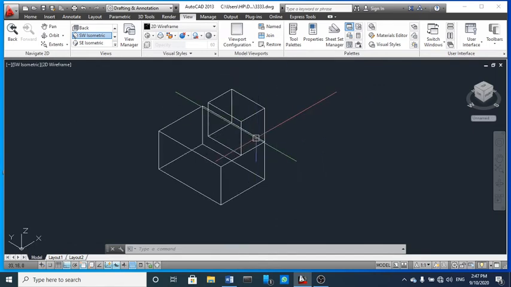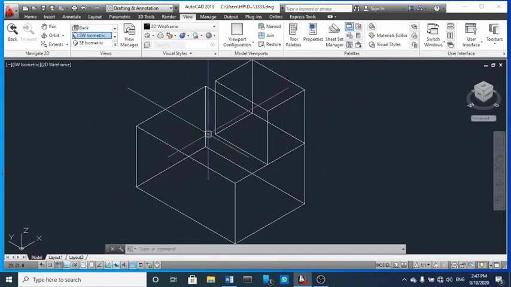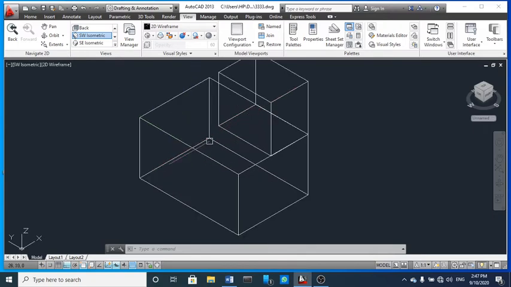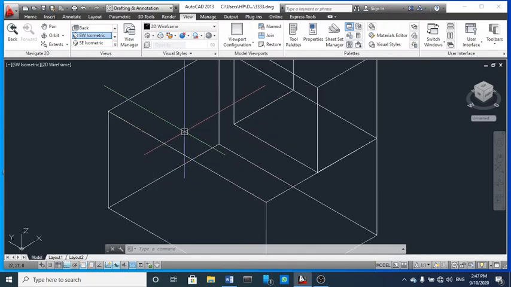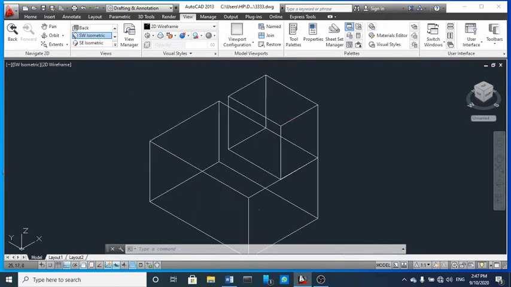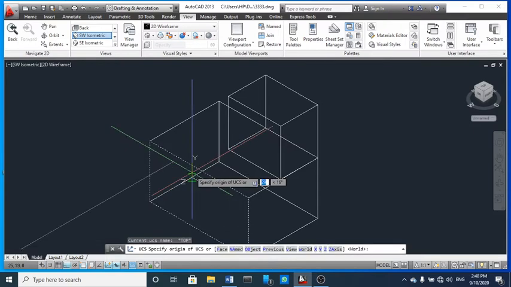So let's see how we can show dimension. For that we have to choose the face for which you want to calculate length. So I'm going to choose the first face. UCS, and again face.